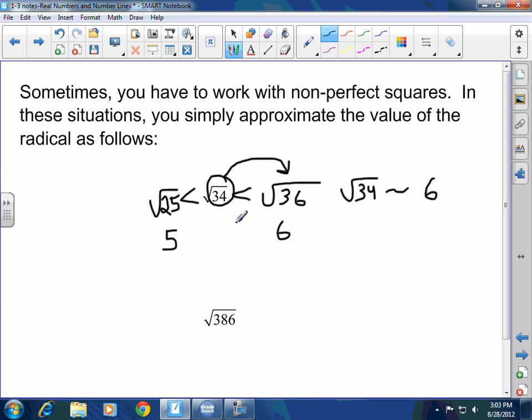So how do I figure this out? Well, what I do is as follows. I know that the square root of 25 is 5 and the square root of 36 is 6. I know that the square root of 34 is closer to the square root of 36. So it's real close, so let's try